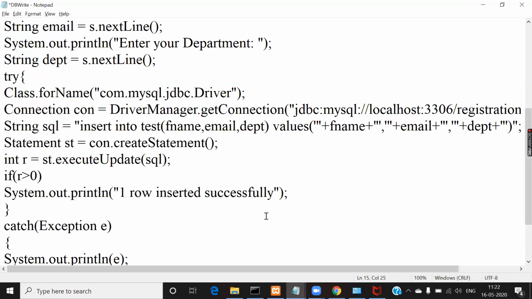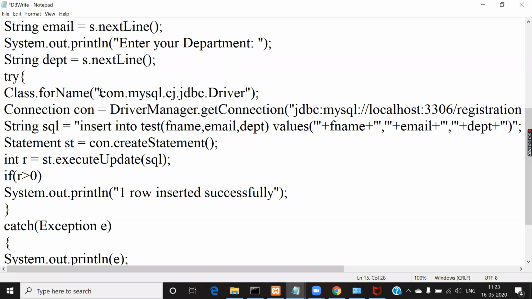If you are using the latest version of JDK, then you may get a problem, so if you are using a latest version, use cj here. For older versions, it is not required. I want it to be usable even with newer versions, so that's why I'm giving cj here.